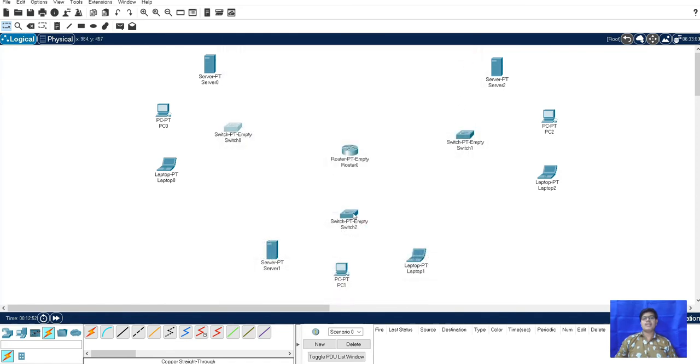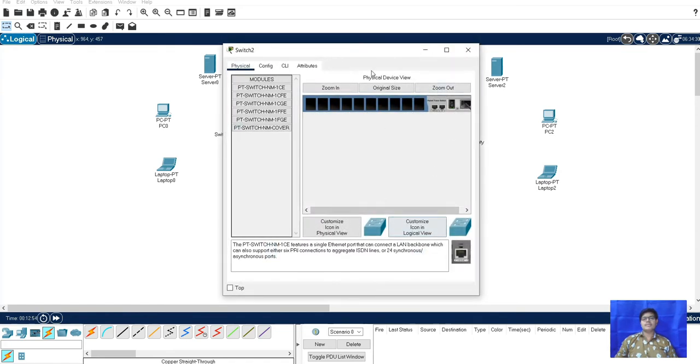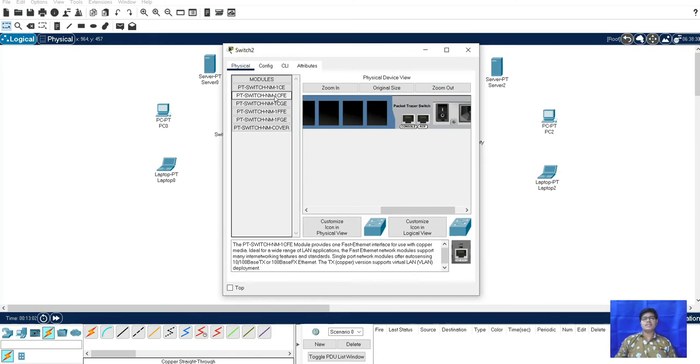After that, similarly here also we will zoom out, zoom in. So here we will power off, it is already off. So this is the fast ethernet 1, 2, 3, 4, 5.